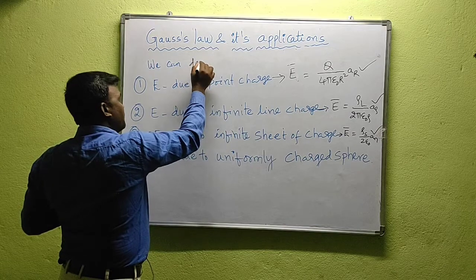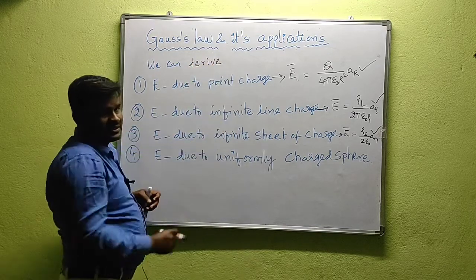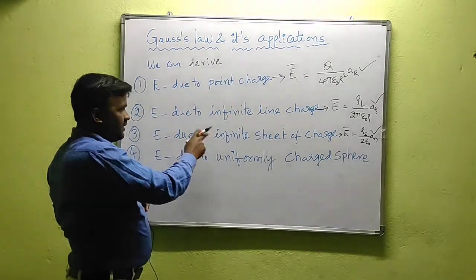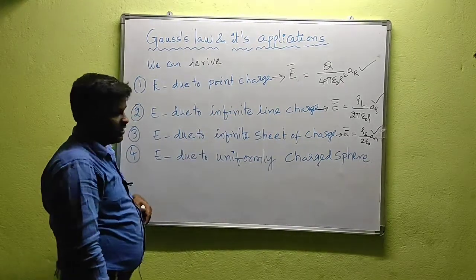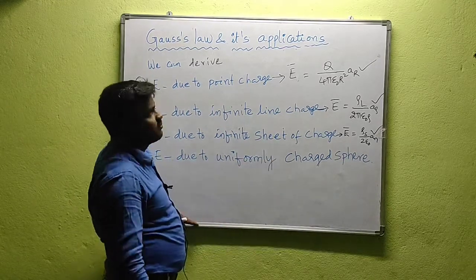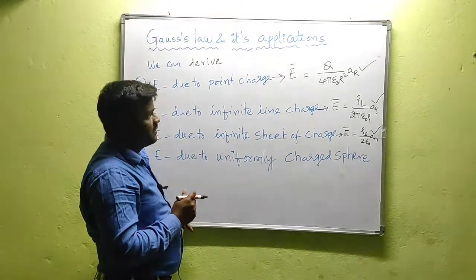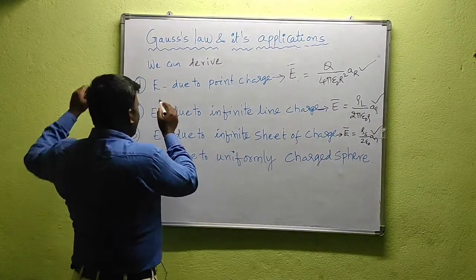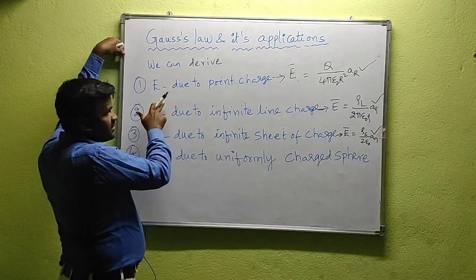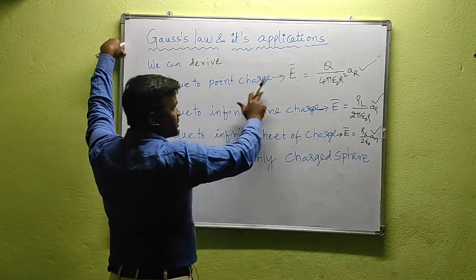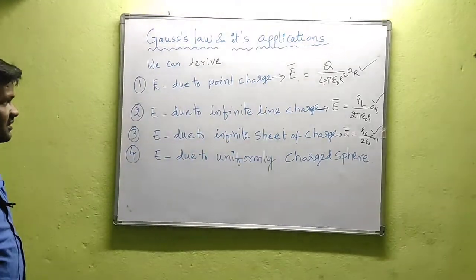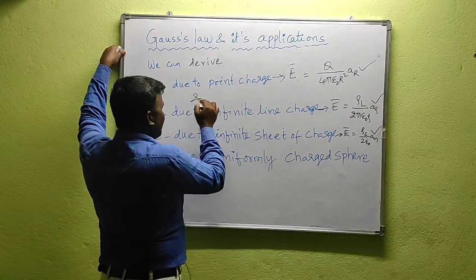We can derive E due to a point charge, E due to an infinite line charge, and E due to an infinite sheet of charge. Of course, we can also find the electric field intensity due to a uniformly charged sphere by using Gauss law. So in this video we will discuss application number 1 of Gauss law, that is electric field intensity due to a point charge, E equal to Q by 4 pi epsilon naught r square AR, and we can derive the relationship between